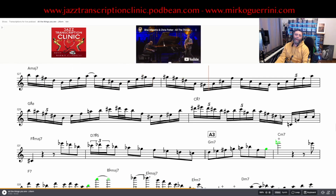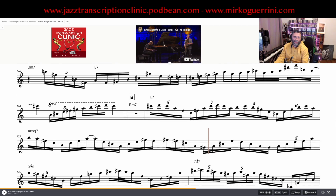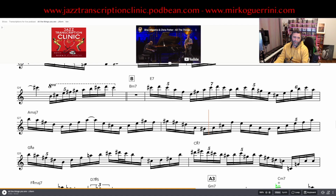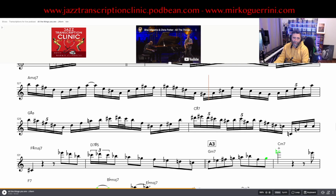So you can practice, as I said, at a very slow tempo, and you can develop a pretty good technique. What I'm fascinated by is that he's able to change the notes at that speed according to the harmony. You see that here on G sharp half diminished, or G sharp minor, he's just introducing A sharp and D sharp to the harmony, right? And before he played A natural because the harmony was A major. And here there is, of course, a C sharp 7, so a lot of C sharp resolving on F sharp major. And he's in total control of everything,